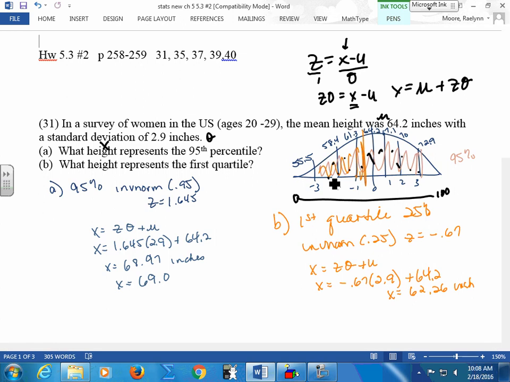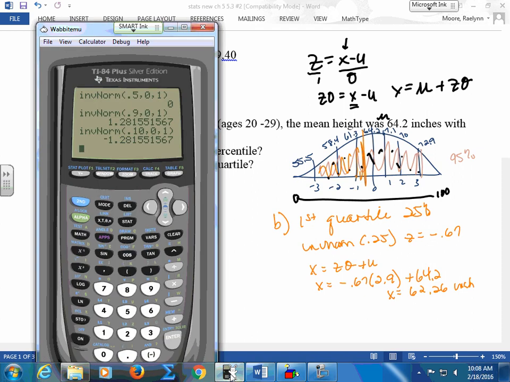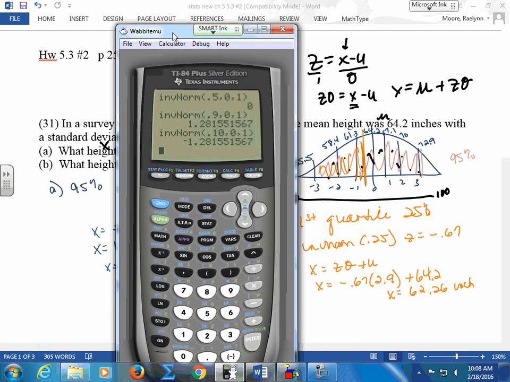You remember on your calculator we did inverse norm. Second, there is number 3. Inverse norm, find your z-score. You can use your calculator to find your x value if you put your mean and your standard deviation in there. So if all I need is the x, you can just jump right to that if you wanted to. And I noticed some of you did, because I didn't see formulas, so I know you had to use your calculator. So just to review in your calculator, if you're looking for the z-score for this, first,